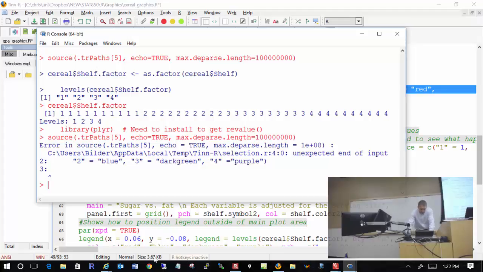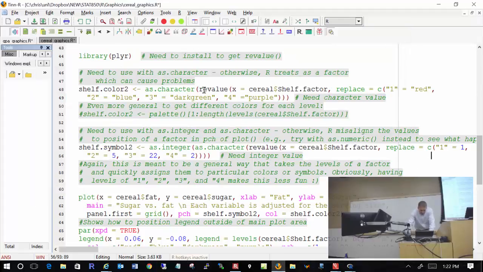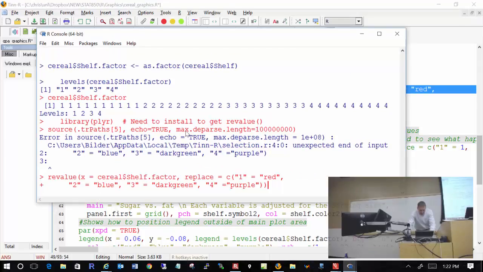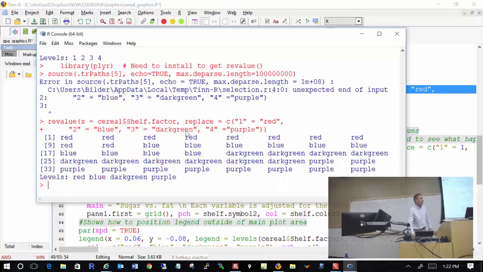Oops. Didn't run it right. And you can see what has happened. Why do I want to do this? Because this will automatically give me my colors that I can use with my plot. That's why. Interestingly, though, the plot function then does not like having a factor. This is a factor. Notice you see the levels there. It does not like having a factor for the